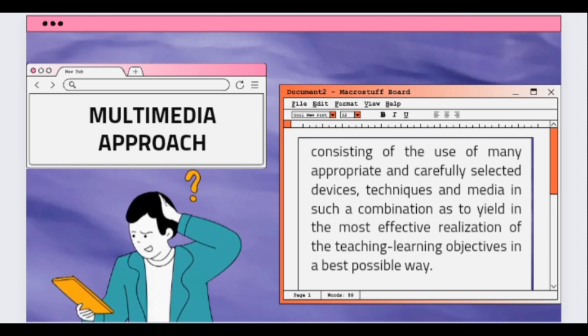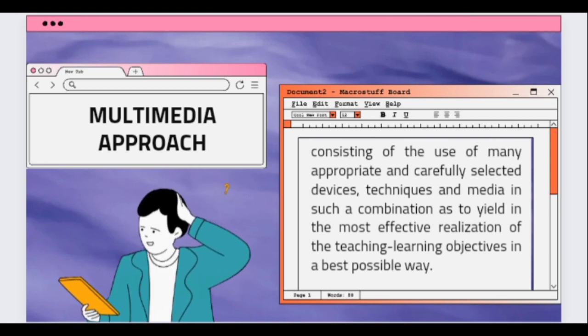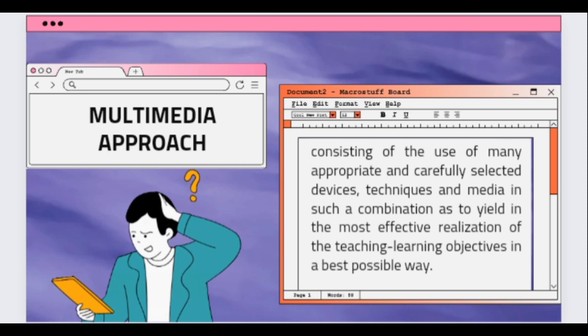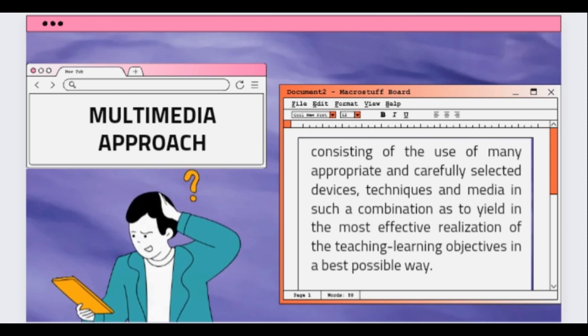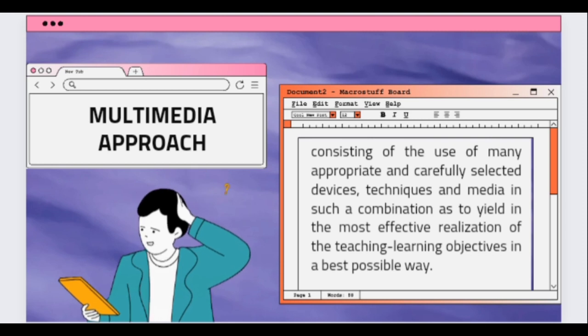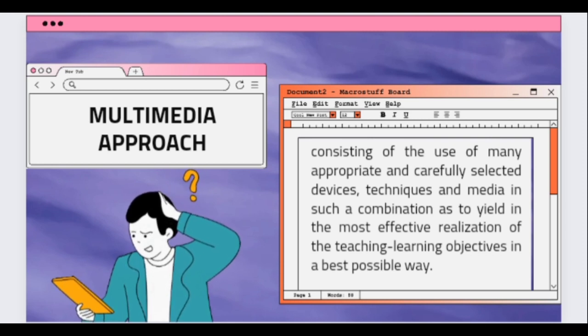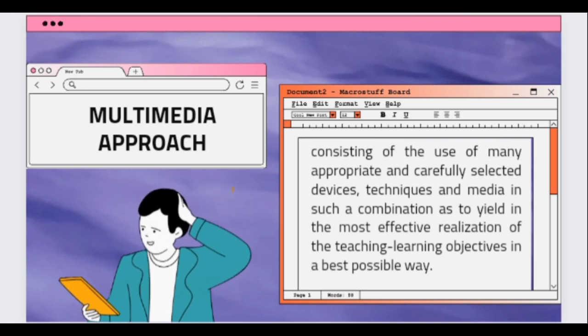So, based on my experience, not just that, multimedia can also engage students, or us, in a more personalized and self-paced learning experience. Why is it that multimedia engages more students to be more personalized? It's because